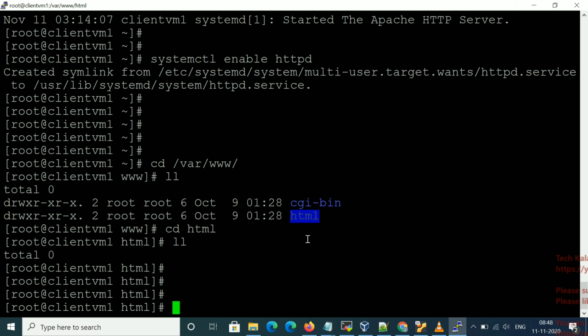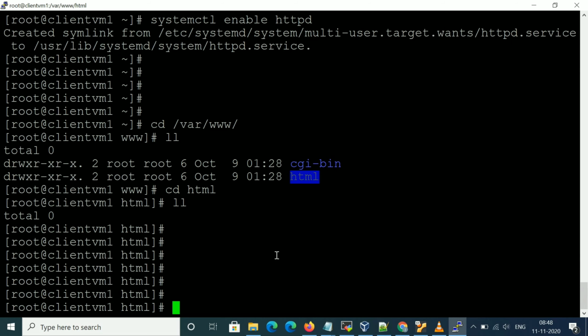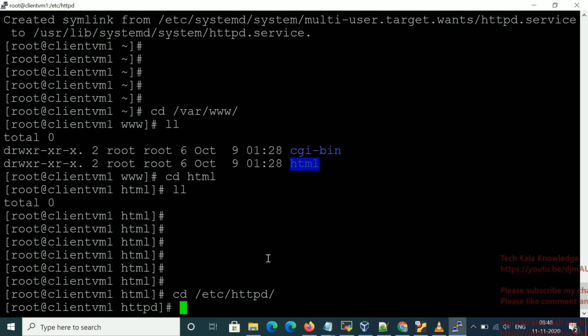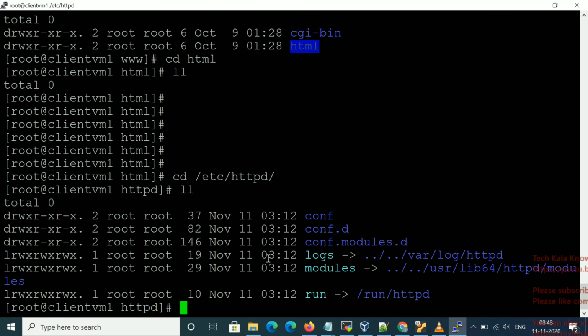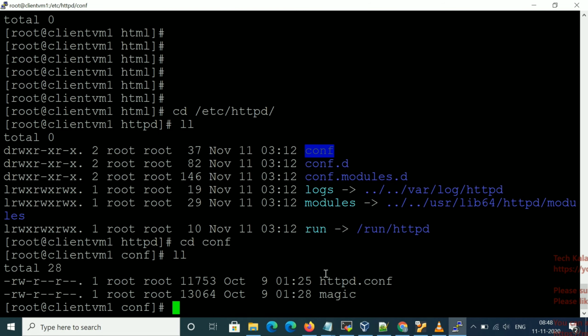It's working fine. Now you have to understand where the configuration file is, where the path is. That path is /etc/httpd. If you go to httpd, you can see these are the configuration files. If you go to conf, here you will get the httpd.conf file.